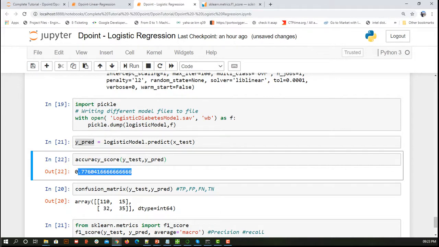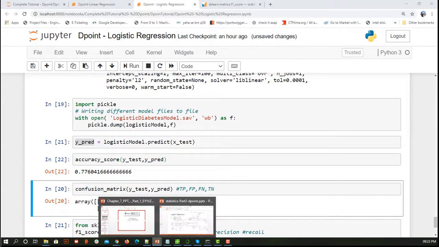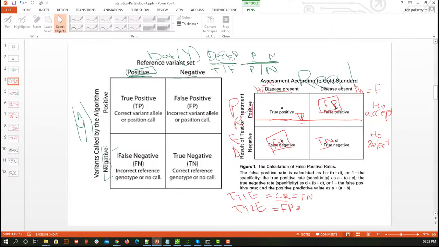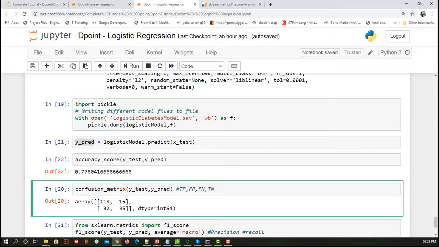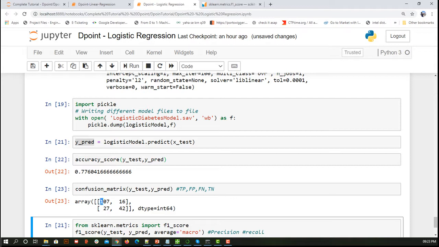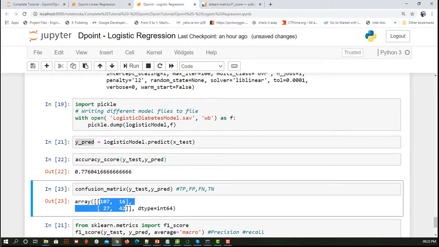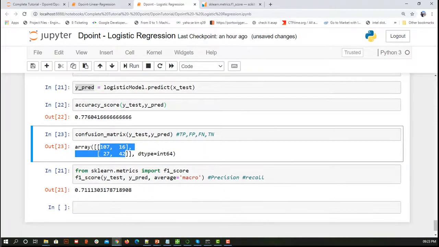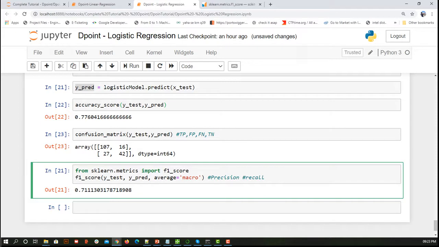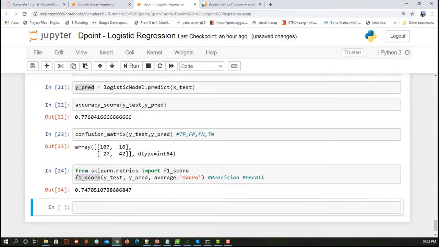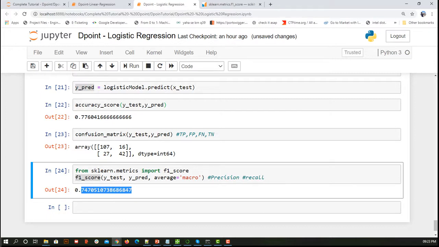Now the confusion matrix: if you have seen the previous video, we discussed what a confusion matrix is, what a type 1 error is, and what a type 2 error is. So you can see true positive, false negative, true negative, and so on; it is a 2 by 2 matrix which we get from the confusion matrix. Based on this we can find precision, recall, accuracy, and all these things for stability purposes, and one of them is the F1 score. The F1 score, if you have seen the concept of trade-off between precision and recall, gives us how stable our model is. So I can say my model stability is 74 and my accuracy is this much.